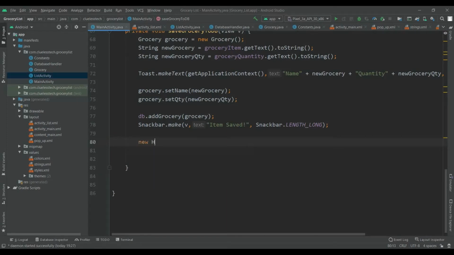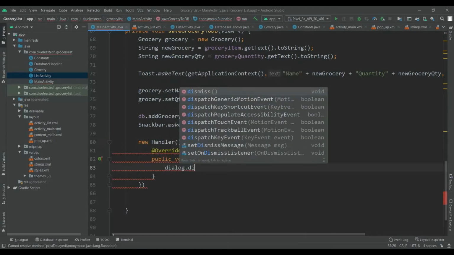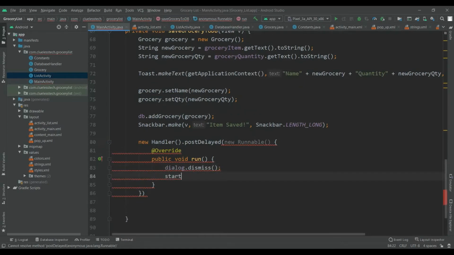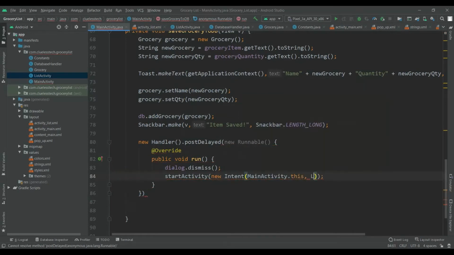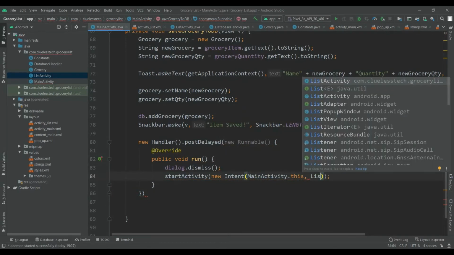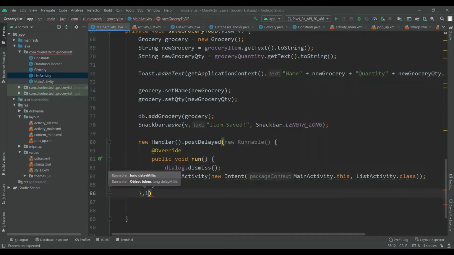So new Handler().postDelayed(new Runnable, and insert this dialog.dismiss and startActivity(new Intent(MainActivity.this, ListActivity.class)), and give the delay in milliseconds.